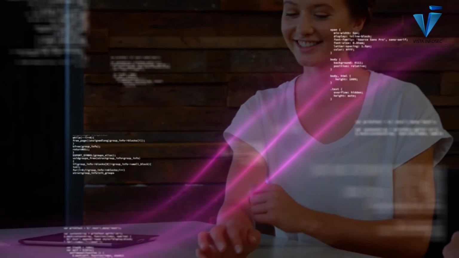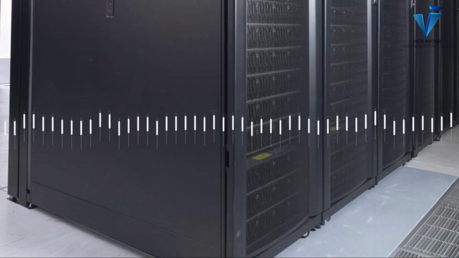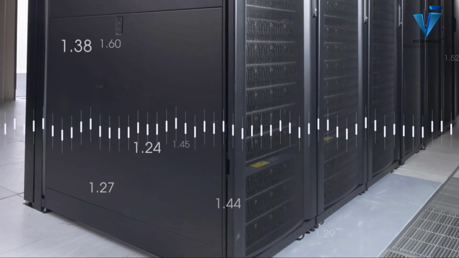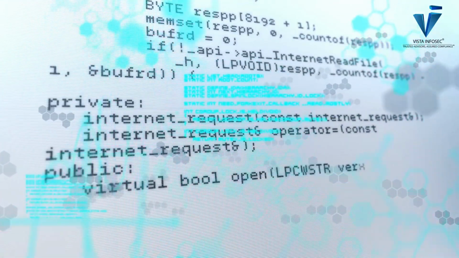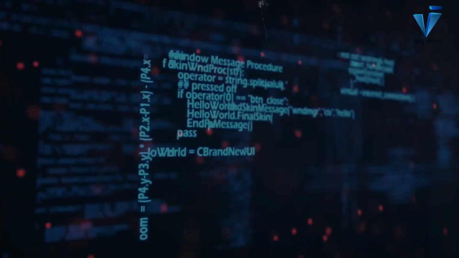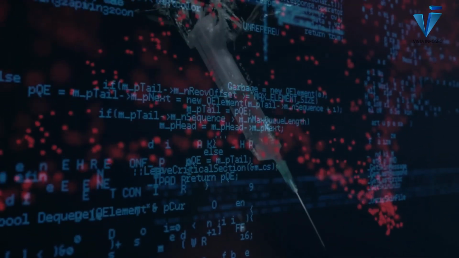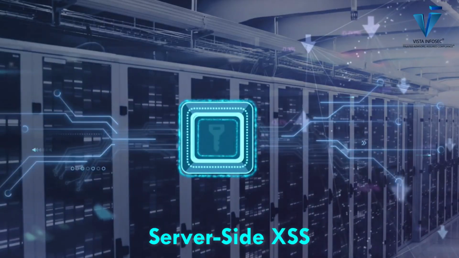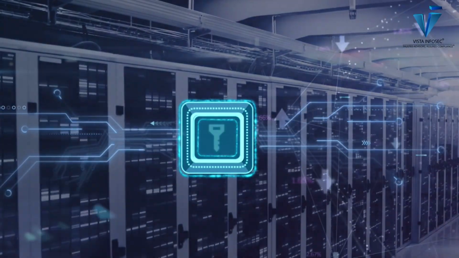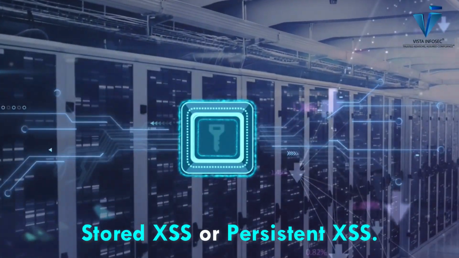Before we dive into the demo, let's first understand the terminology and what exactly server-side XSS means. XSS stands for cross-site scripting, and it's a common web vulnerability where an attacker injects malicious JavaScript into a web application. Now, when we say server-side XSS, we usually refer to what is also known as stored XSS or persistent